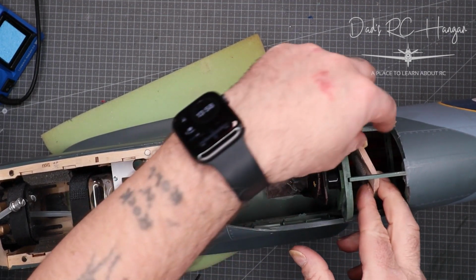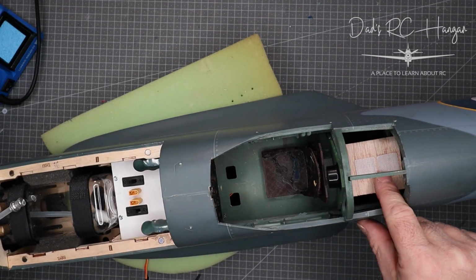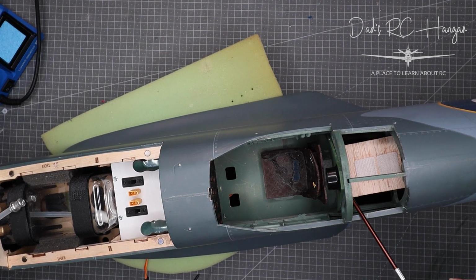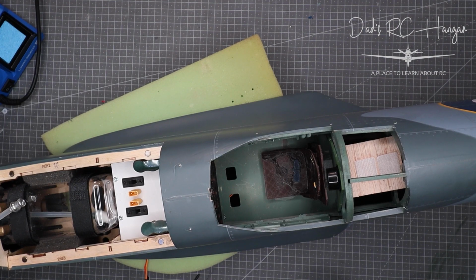So let's try that again, shall we? This will sit on the back bits of timber. If I can put that in there, lovely and straight. Now I can either glue it, or I will put another piece of timber here and then use the screws, the hex screws that I used